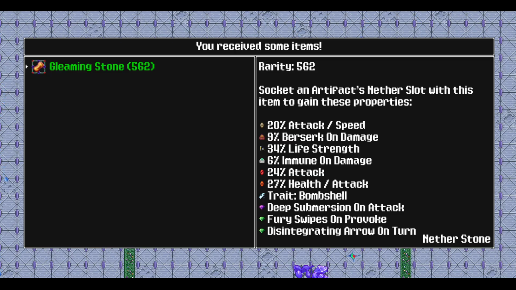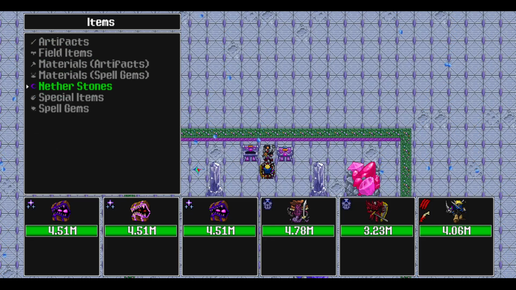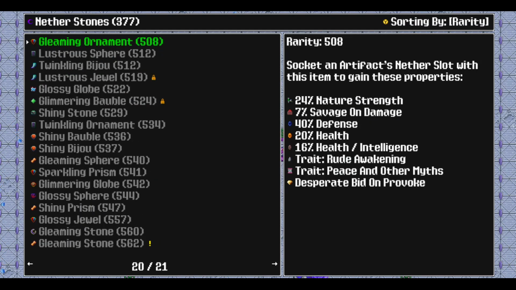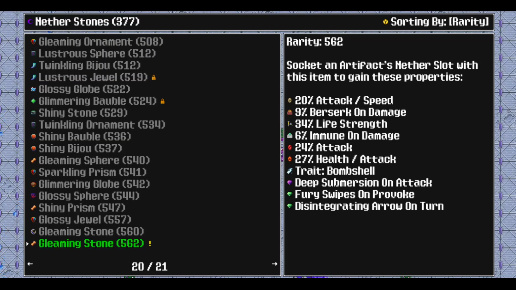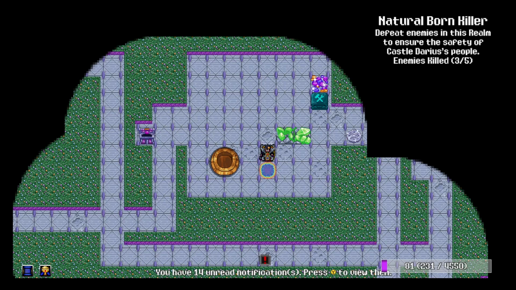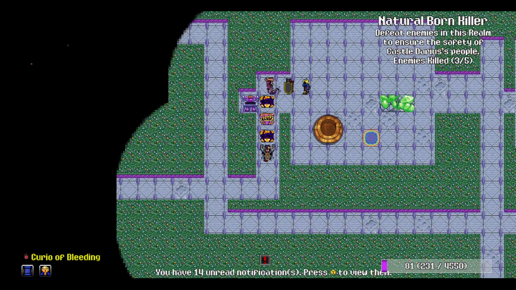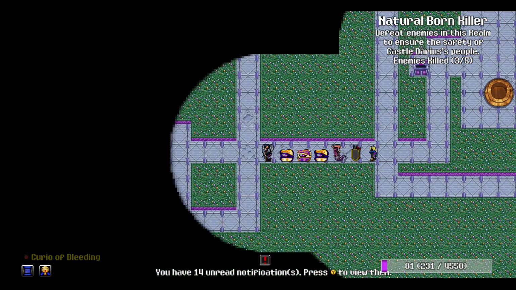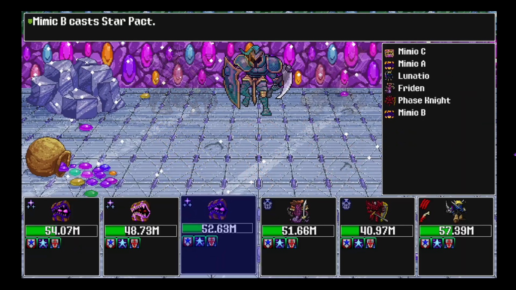562, but only one trait. Bombshell. It also has health, but only a tiny bit of health. But is that a good trait? More damage when it is not their turn. That is useful in a lot of builds, but we don't really make use of creatures attacking when it's not their turn. So